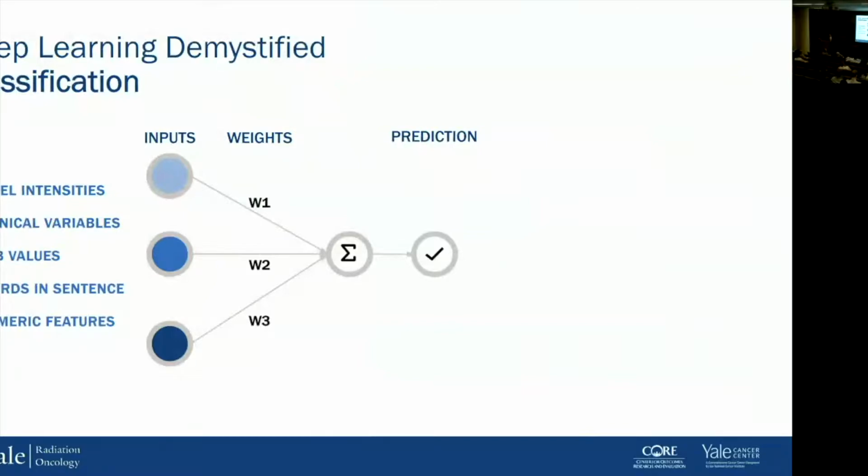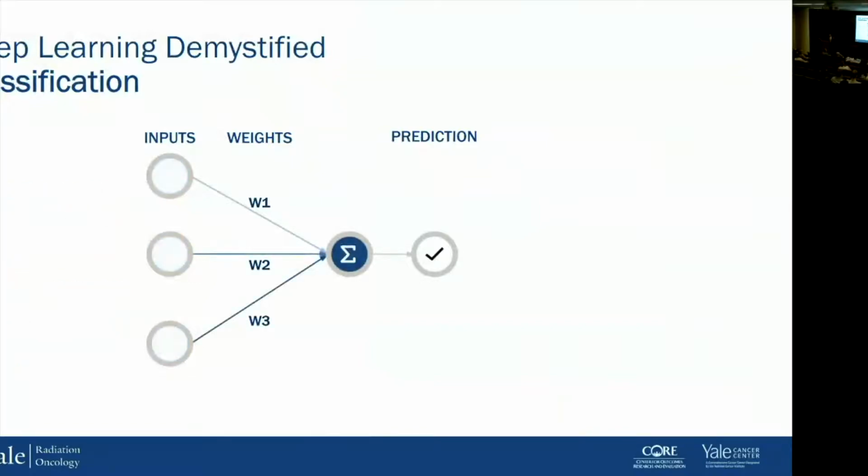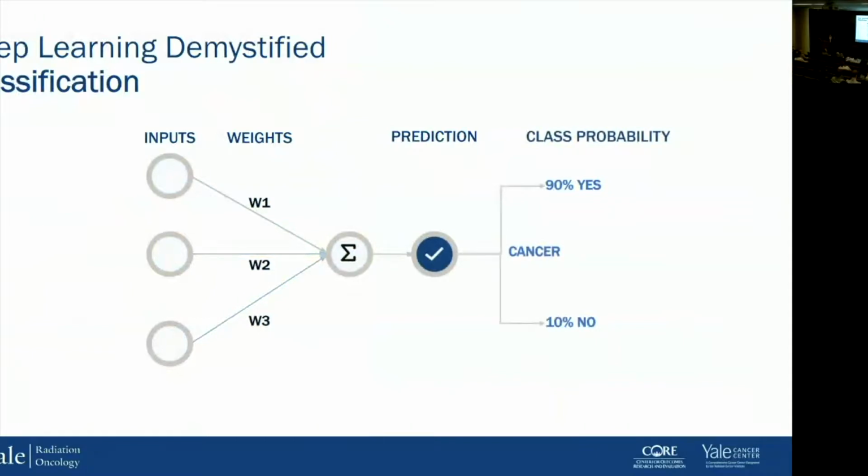After the weights are optimized, they go through a function, and I think that really is the special sauce and what determines which machine learning technique you're using. In deep learning, there's a specific type of function that's utilized, and I think that's probably what makes it unique compared to a logistic regression. Afterwards, you look at a prediction and you get a class output. It gives you a probability of your classes.